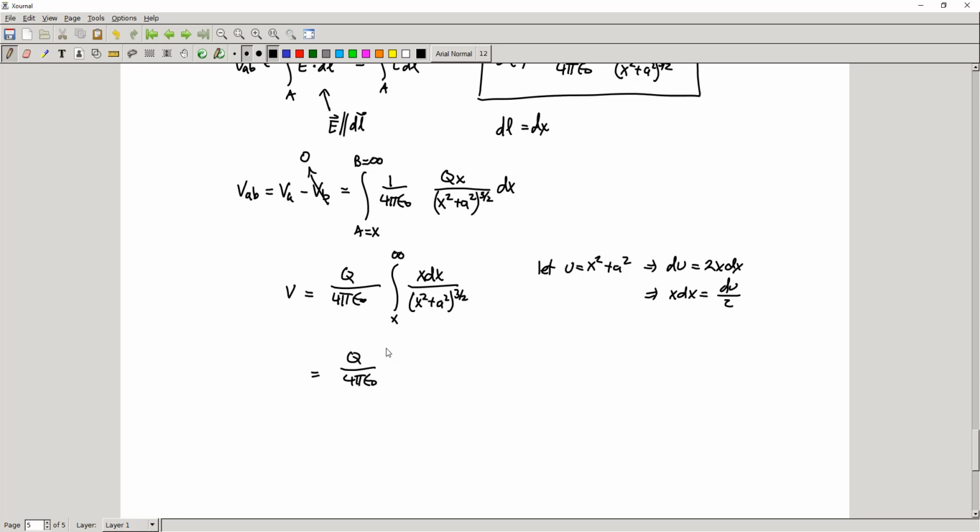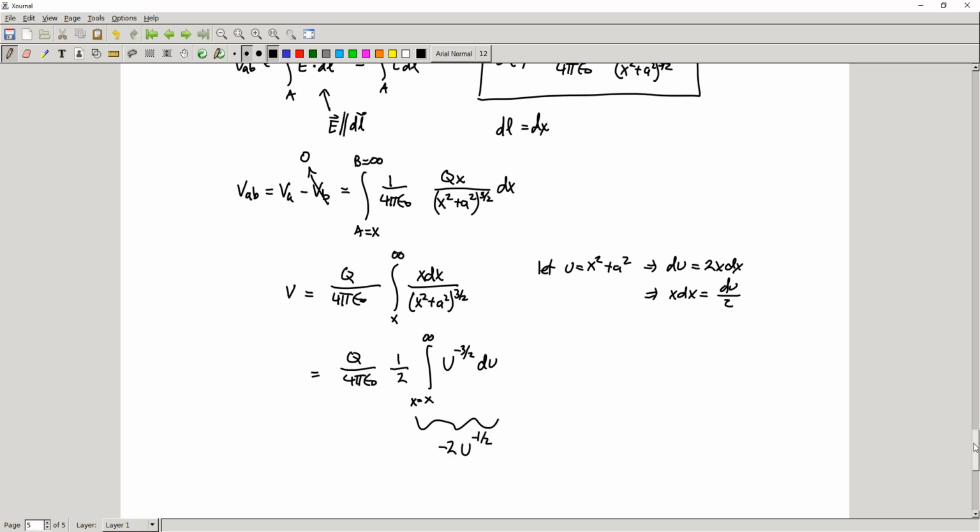And so we're going to have a factor of a half out front. We're going from x to infinity, but this is kind of weird, but it's like x equals x, right? And we're doing the integral of u to the minus 3 over 2 du, right? Well, this is just going to end up giving us a value of minus 2u to the minus